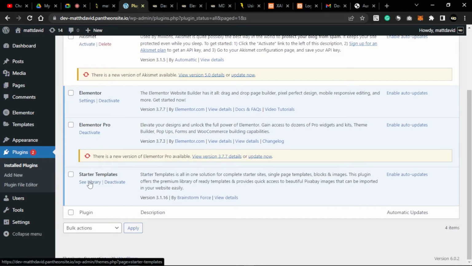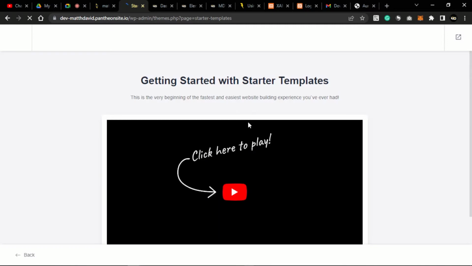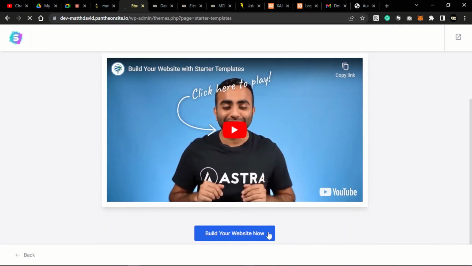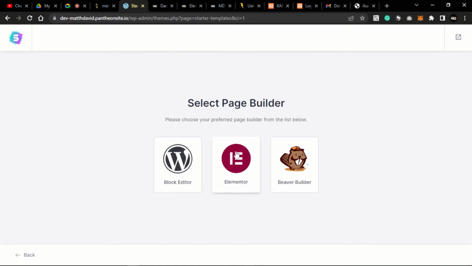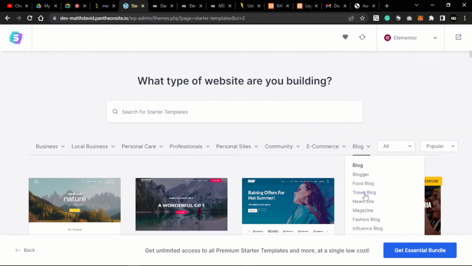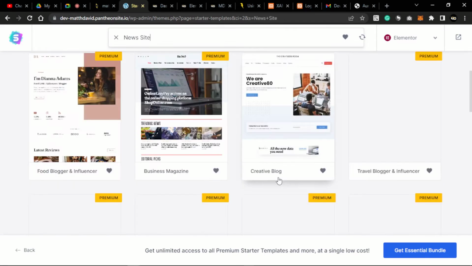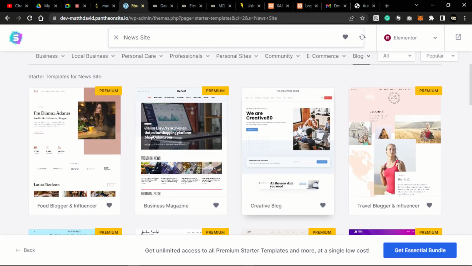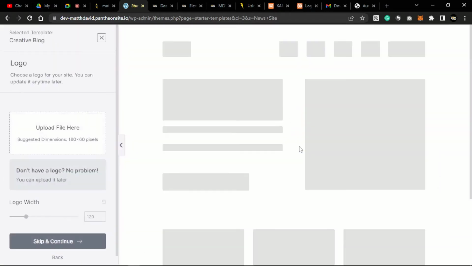into the library. So let's wait for it to load. Okay, so I'm building my website with Elementor. So I'm doing under blog the new site. Then this was the template we were using. So I'll click it,